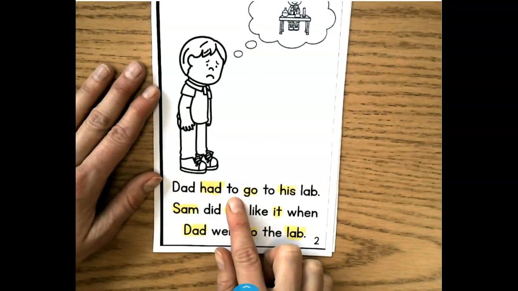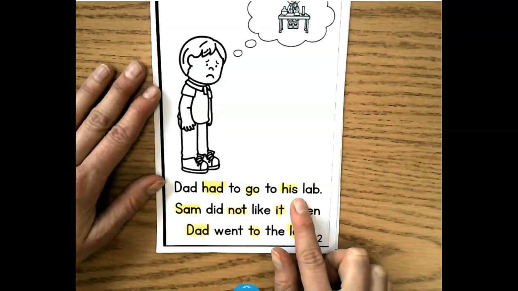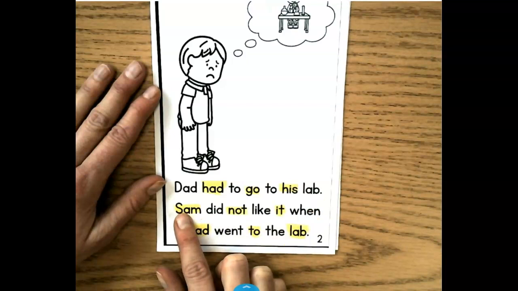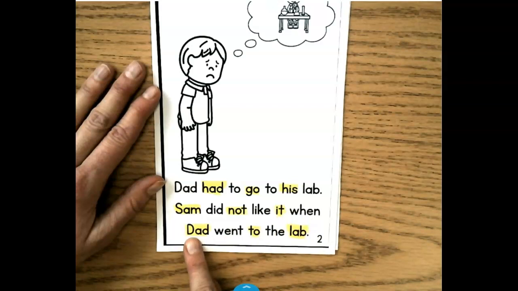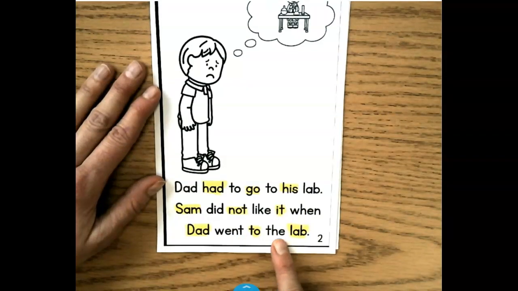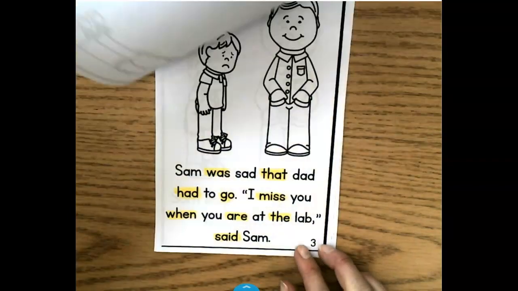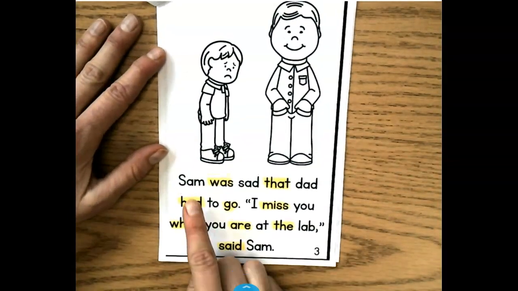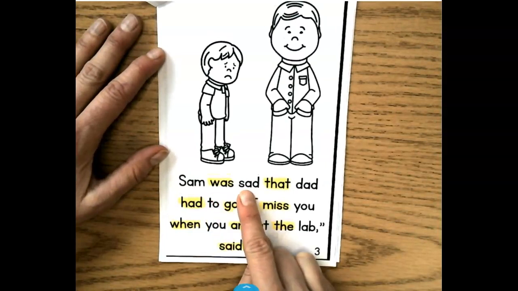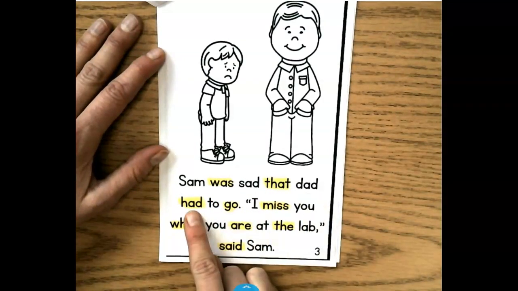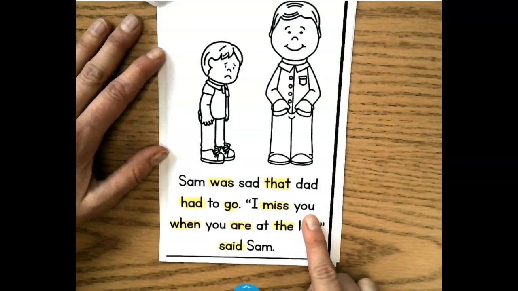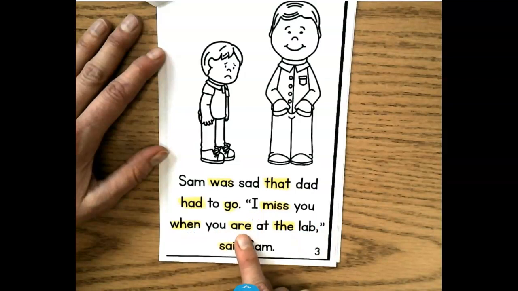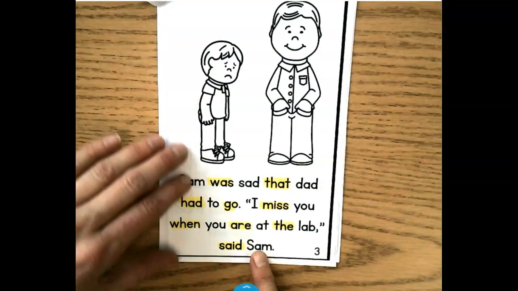Dad, to, lab. Did, like, when, went, the. Keep reading all the words in yellow. You're doing great. Sam, sad, Dad, to, I, you, at, lab. Sam,